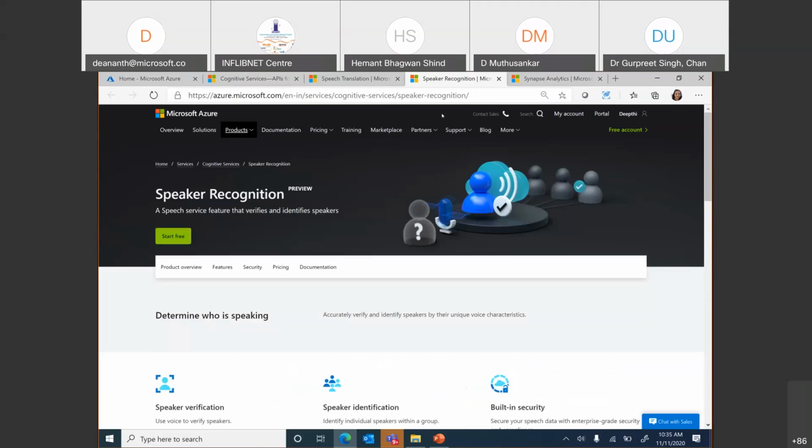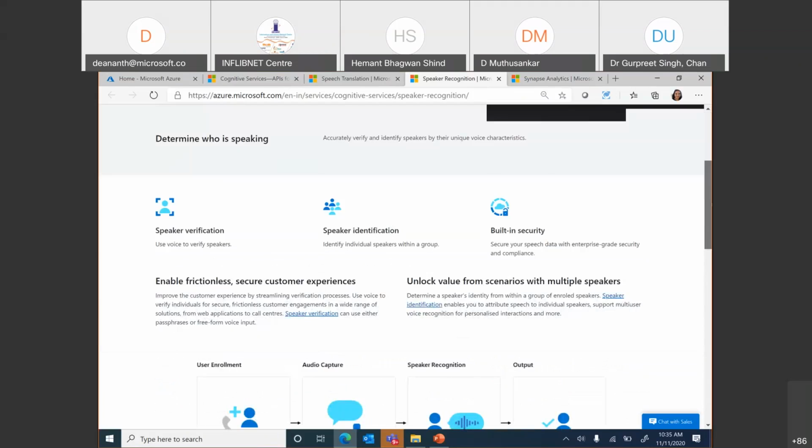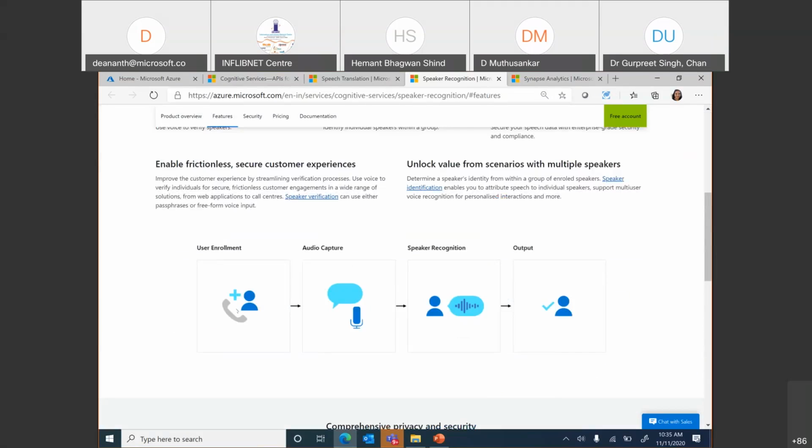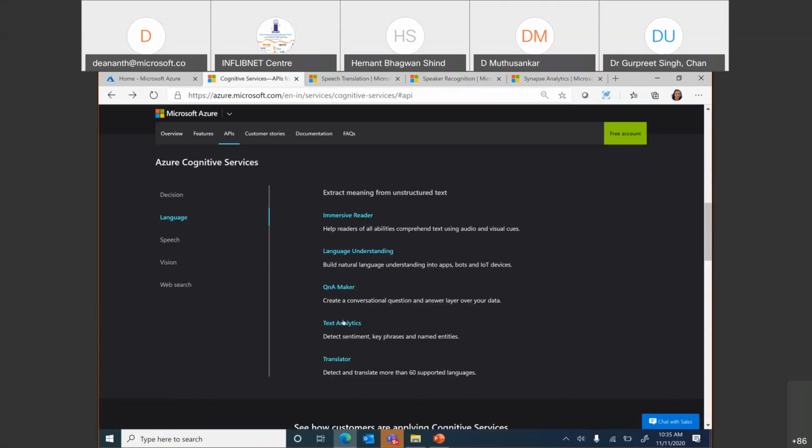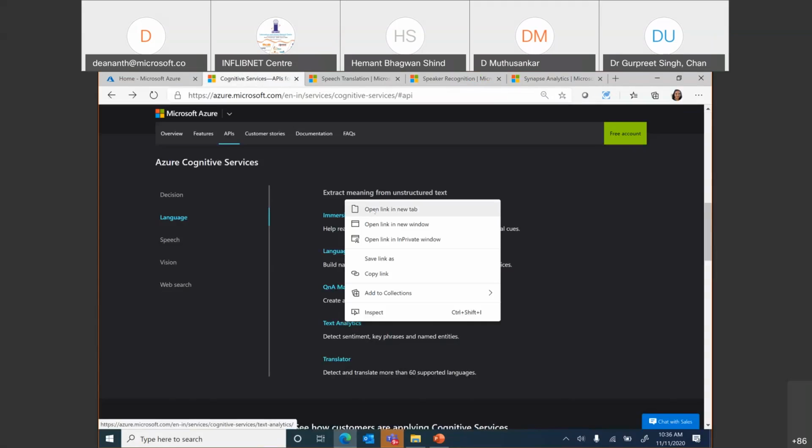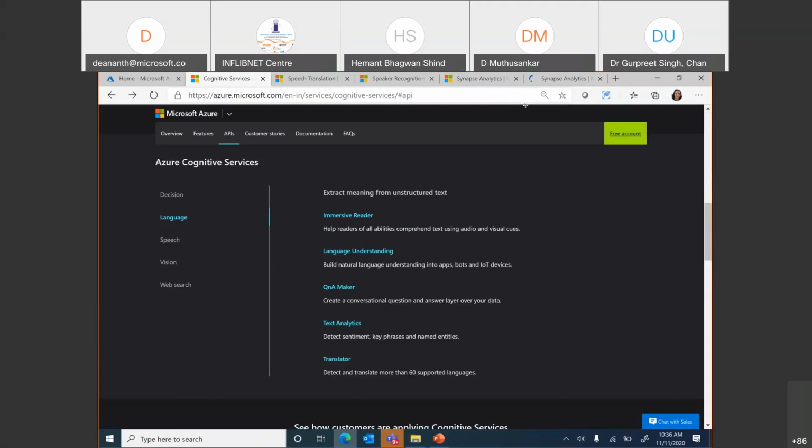yes. So here in speaker recognition, we have uploaded some voices. You'll have to take the user, capture their audio, identify the speaker and get the output. When you have given enough voice samples, it can recognize who is making that change. Now we were going to discuss language analytics. I just want it to be visible. One second.